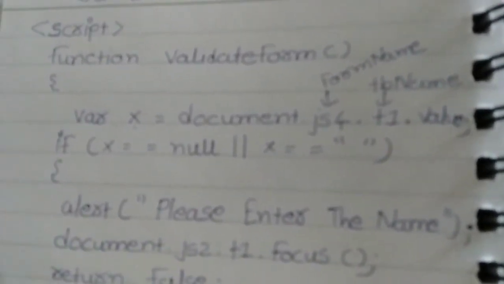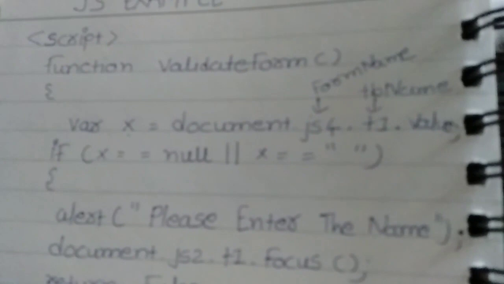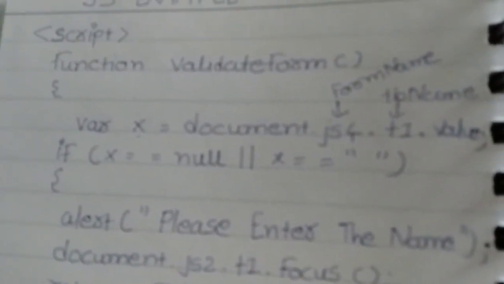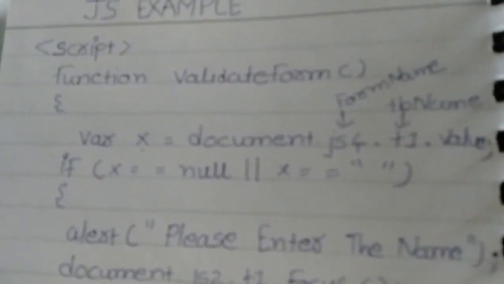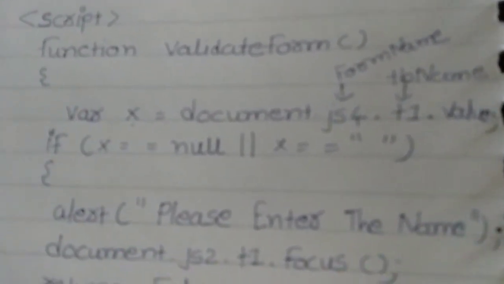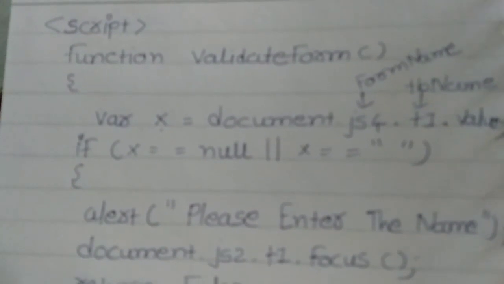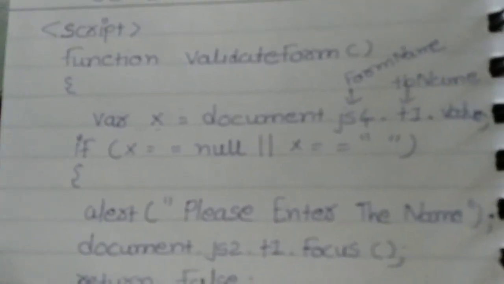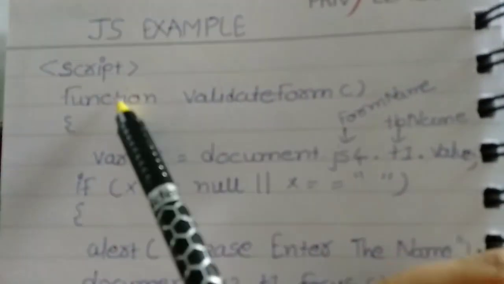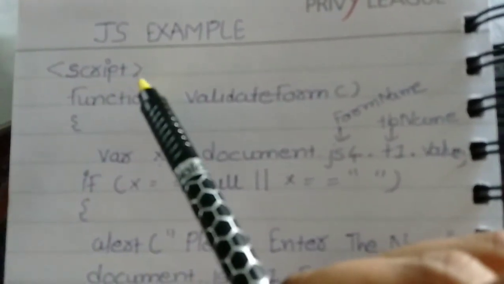Now how to write script inside our form? We have already designed our form in the first lesson. Now we have to apply JavaScript programming in our form. As I told you, we have to write all our code inside the script tag. Which tag? Script tag. Script tag is a container tag, so you have to start your tag and end your tag with a forward slash.